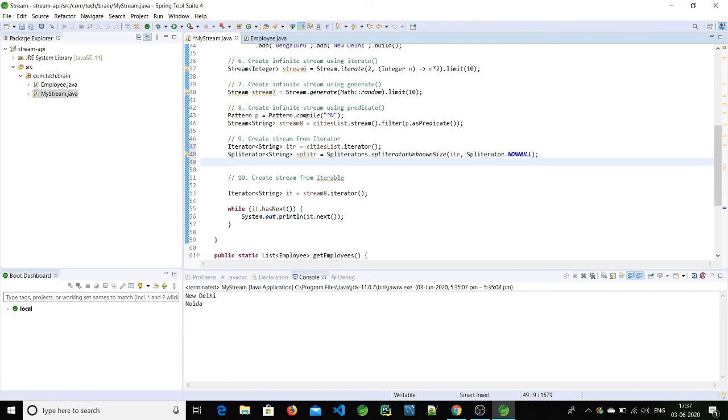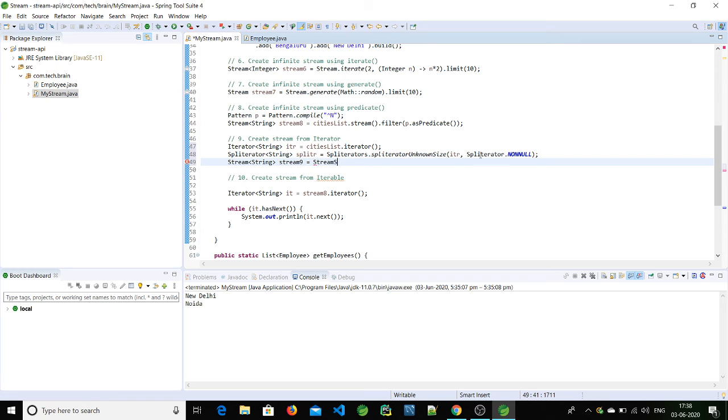Now by using this spliterator object, we'll create a stream. So let's create that, Stream of String, stream 9 equal to, and to create a stream we have the StreamSupport class. By using the StreamSupport class, we'll create a stream instead of calling it on top of the Stream class.